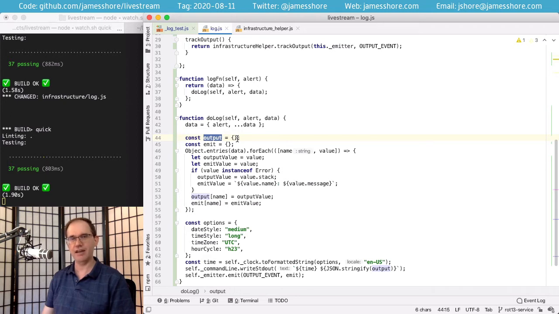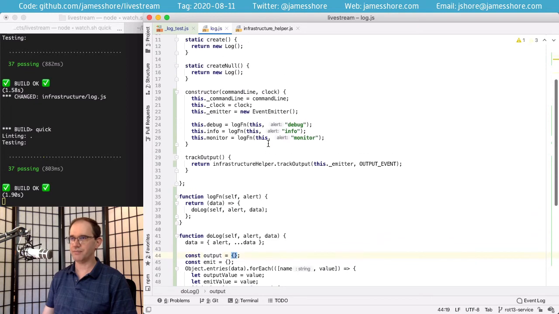I can't change that, but the underlying object is not constant. There's no way to make the underlying object const yet. There is actually a proposal going through the JavaScript process to make immutable records, which are going to be like objects except they're constant, but we're not using that here. So long story short, the reference is constant, the object is not. Thanks for the question.